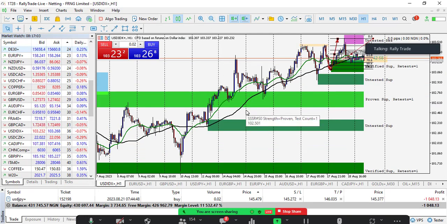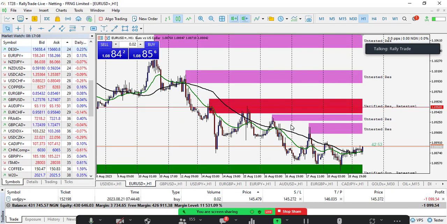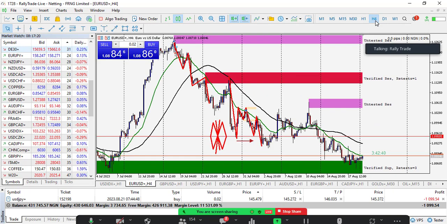So having looked at the USD index, let me start by looking at EUR/USD. I think we have enough time for today to do good analysis here, okay? So for EUR/USD on the H4 time frame, let's look at what the market has to say for us for today.